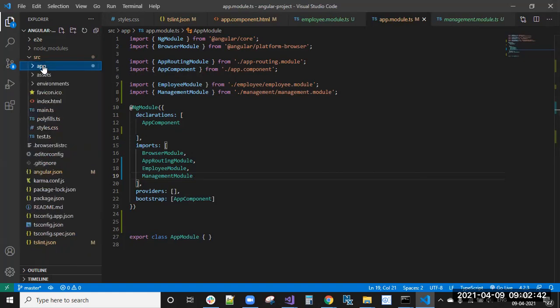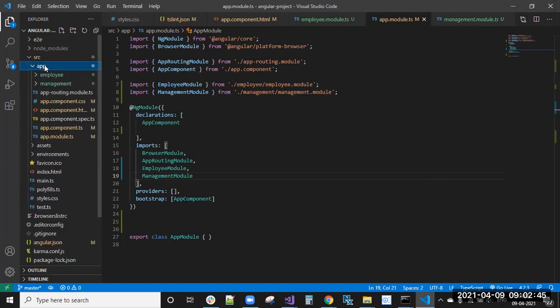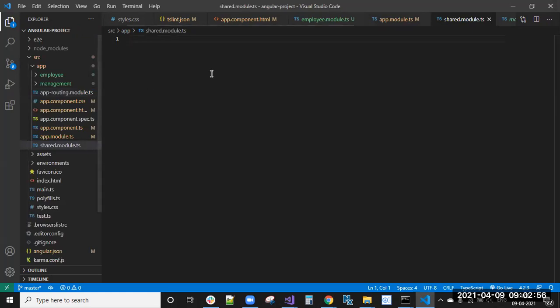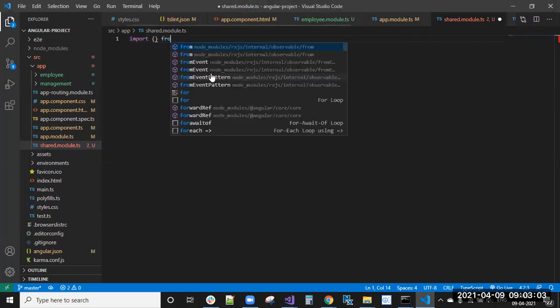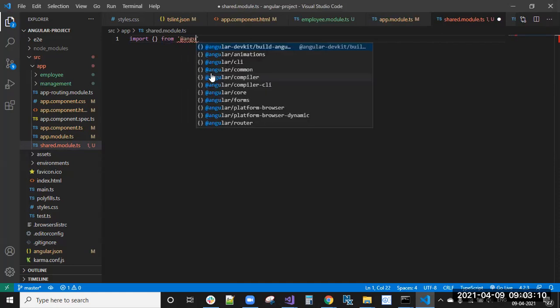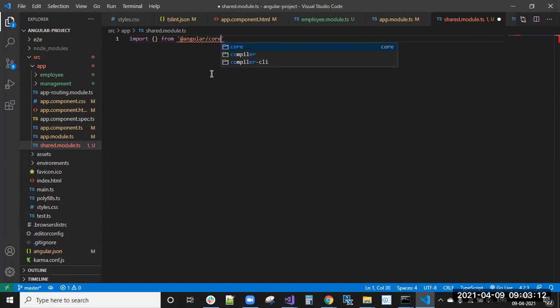click on new file, shared.module.ts. You can give shared.module.ts. Here it is empty. So first, to create a module, we need to import from @angular/core. What do we need to import?